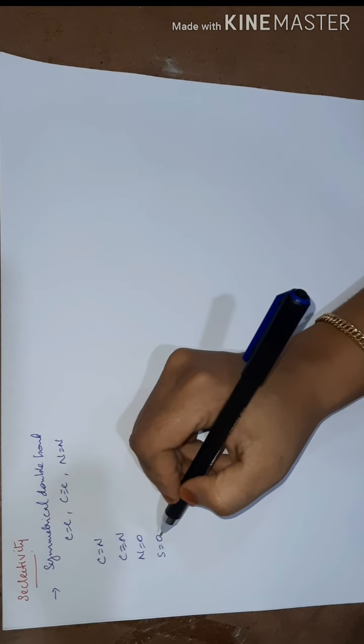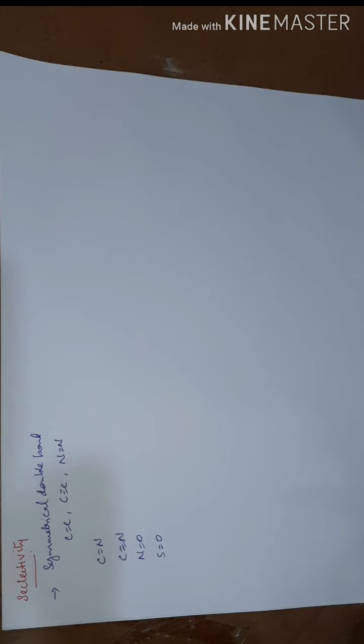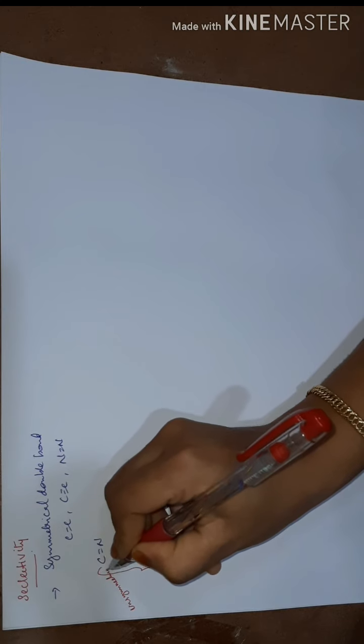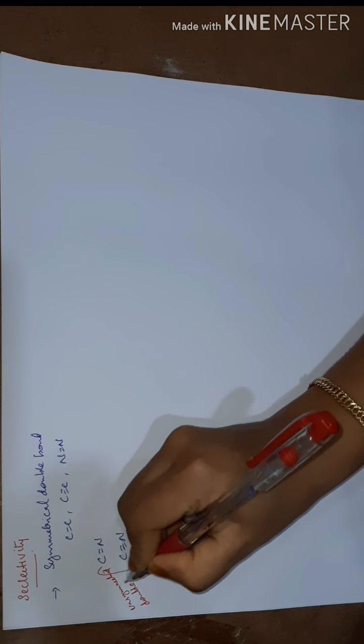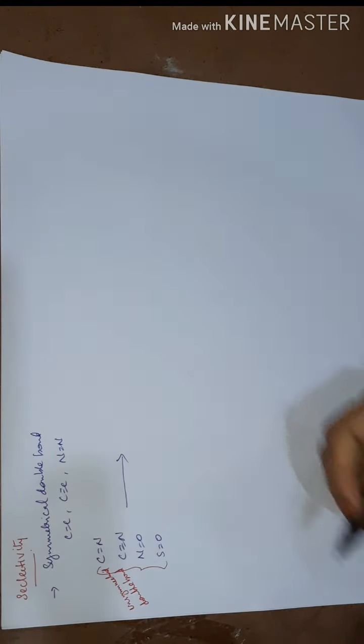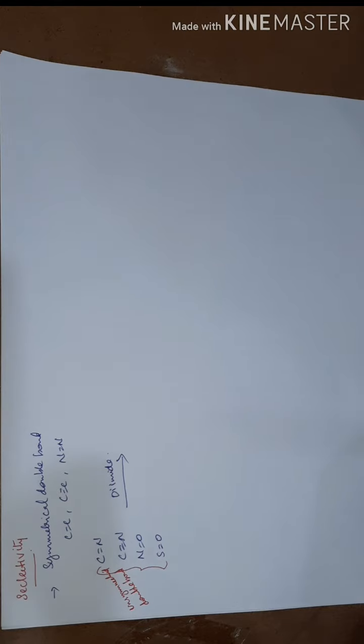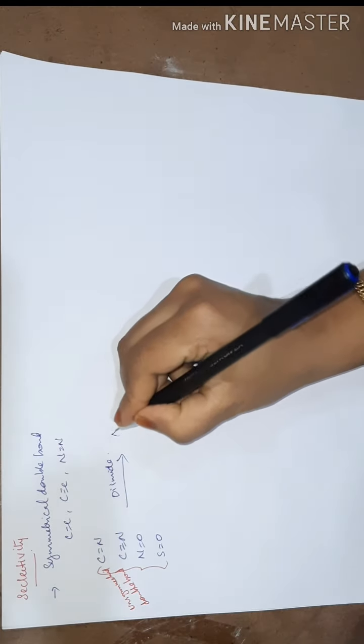These types of bonds are generally considered unsymmetrical double bonds. And when we react these unsymmetrical double bonds with diimide, it will not give any reduction. That is, no reduction is observed in this type of reaction. This is one of the most important selective features of this diimide reduction.